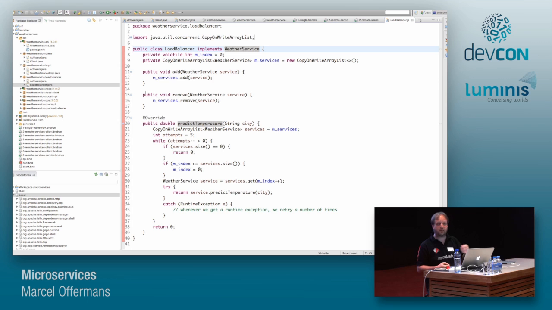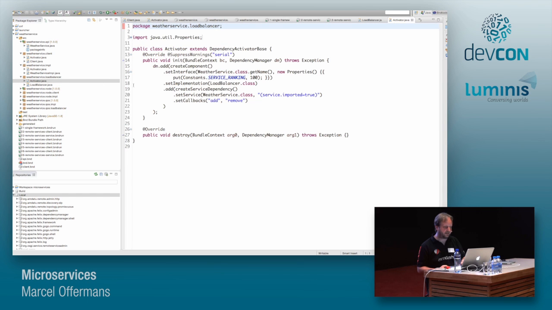So if I create a load balancer with a ranking of 100, for example, and that's actually happening here, here I have my service ranking, then I can make sure that any client will first find this one, because it's the highest ranked one, that's the one it will be using. And I can collect in my load balancer all the other services and just reroute the traffic to one of them.